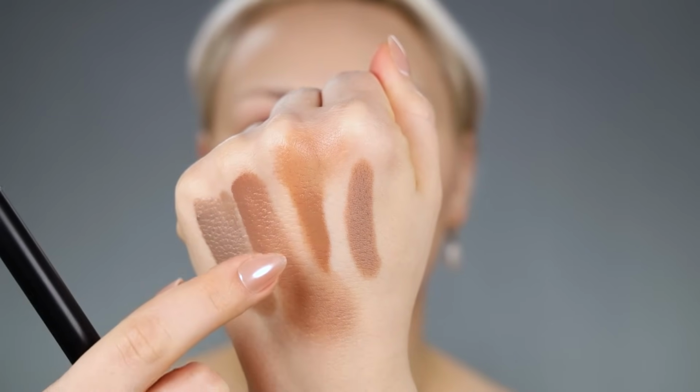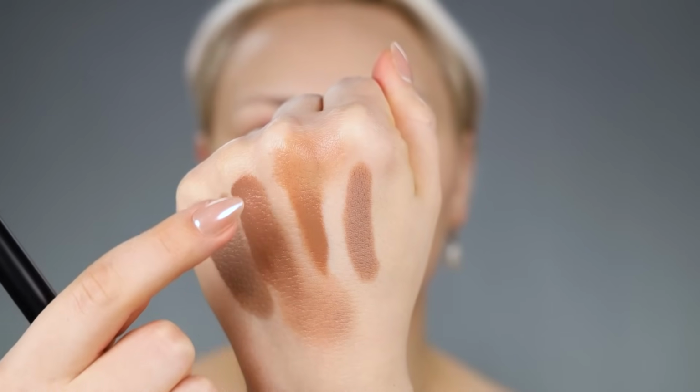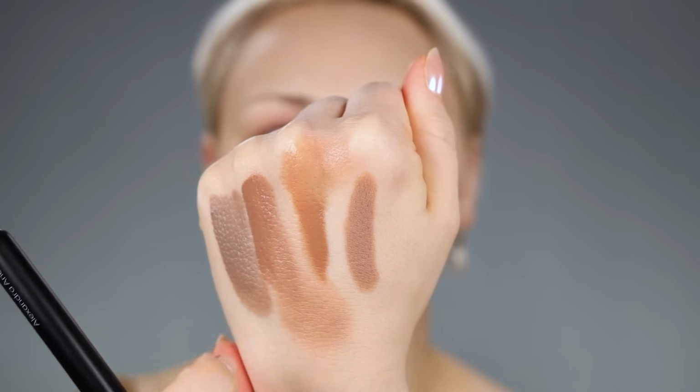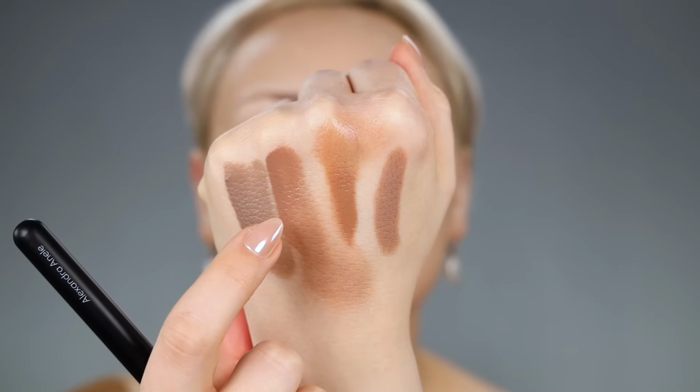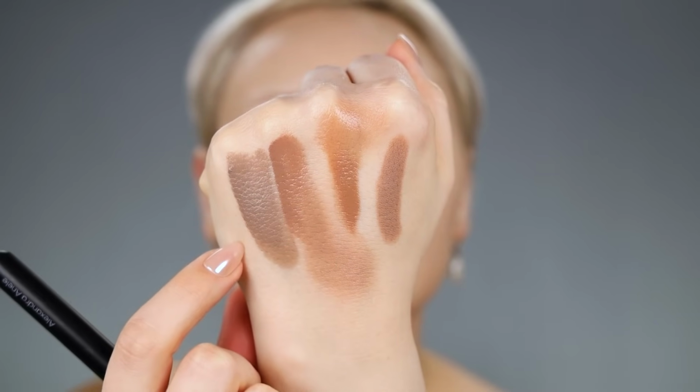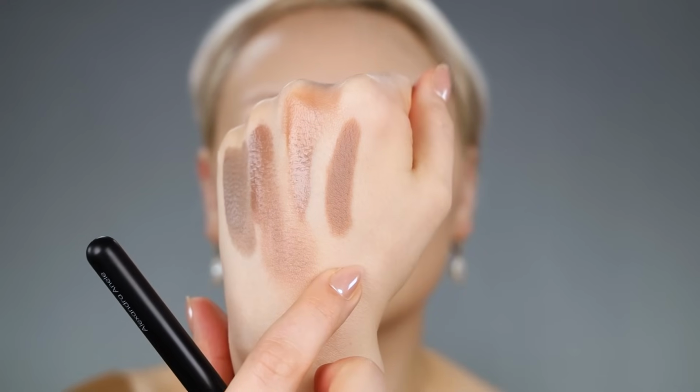Look at how, on my hand, it's much easier to show how soft you can blend it out, you know? And even the swatch of it, they look so soft. Even the thick swatch compared to the Sephora contour and then Anastasia, it's the liquidity of it. Does that make sense? Liquidity is so smooth. Everything about it is so smooth. There's no bleeding, you know? I really like that. I'm just gonna use this to add a teeny bit of warmth to the cheekbone,